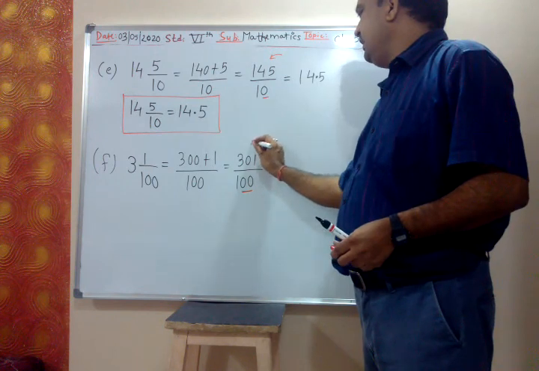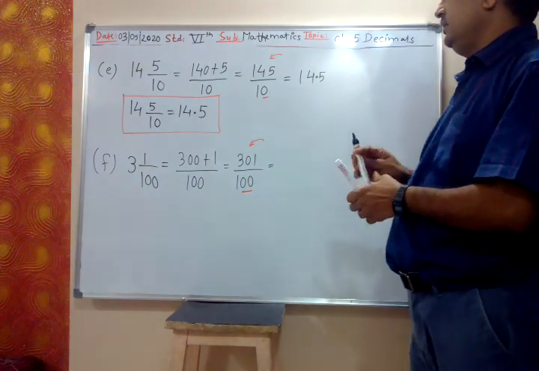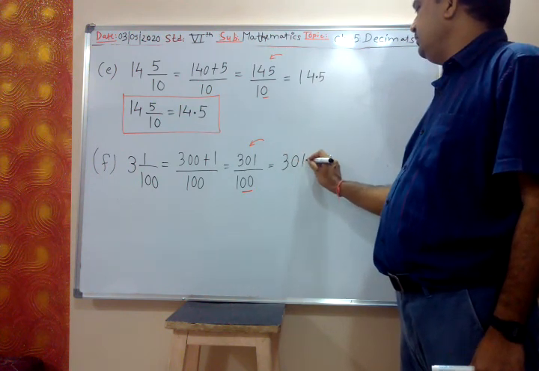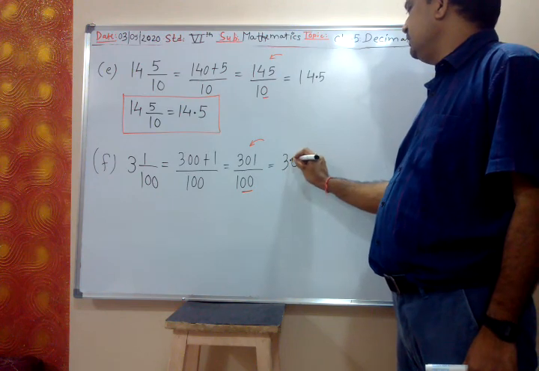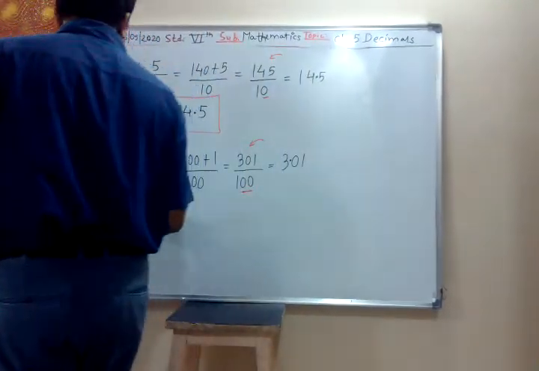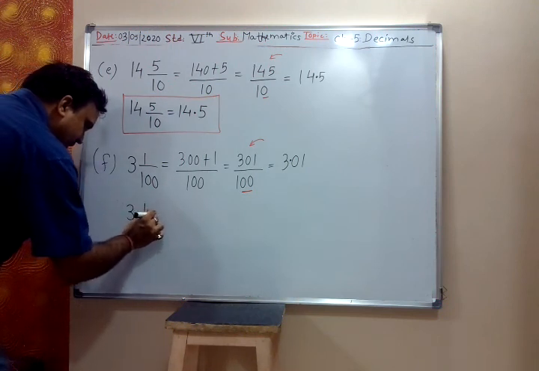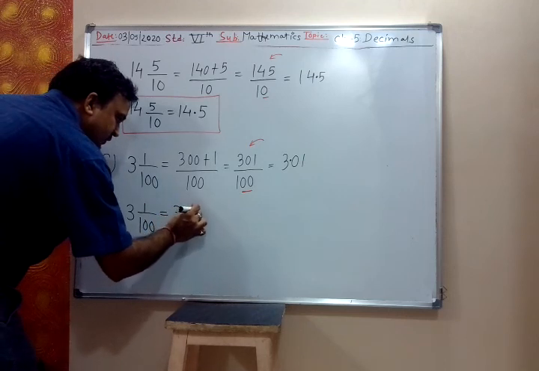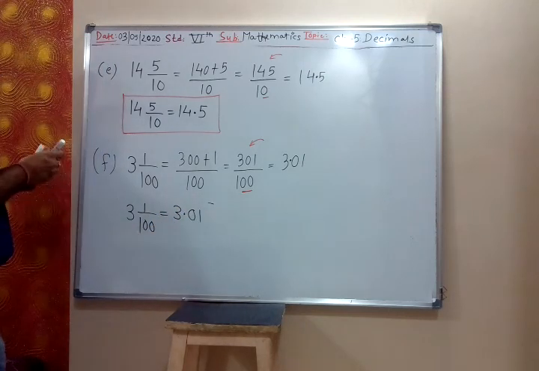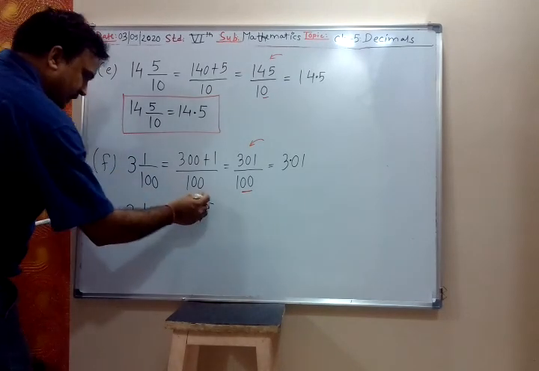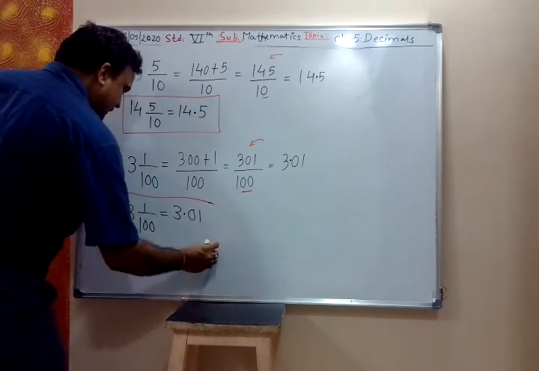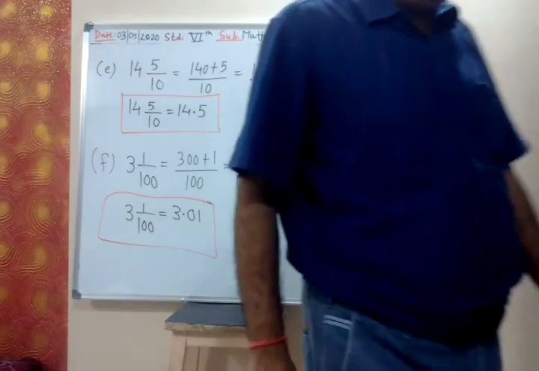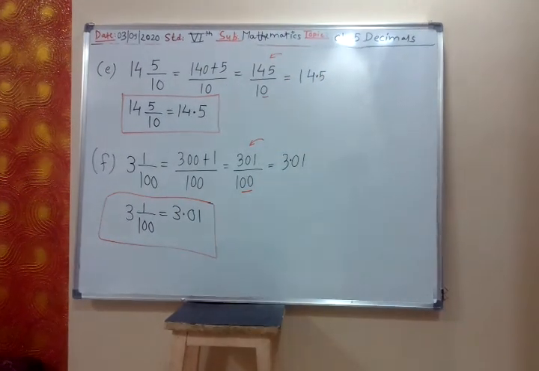So I will start from right and put the decimal after two digits. So that is 301. Start from right. 1, 2. Put the decimal. 3.01. So 3 is to 1 upon 100 is same as 3.01. So to convert the given mixed fraction into decimals,